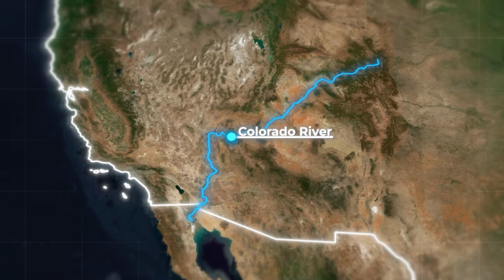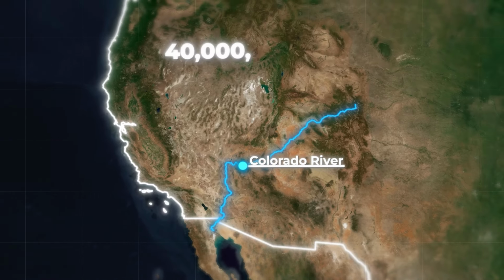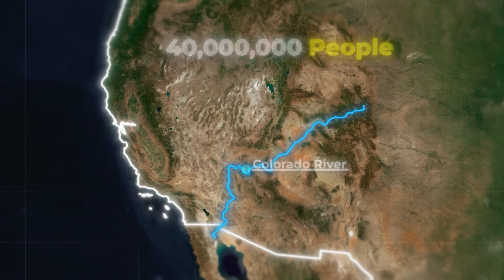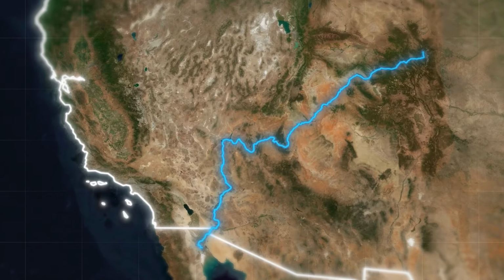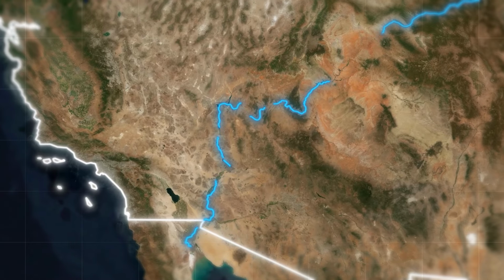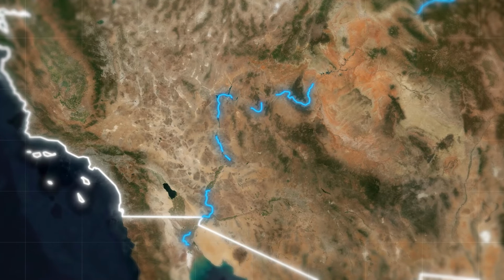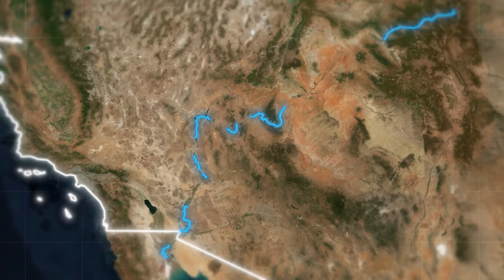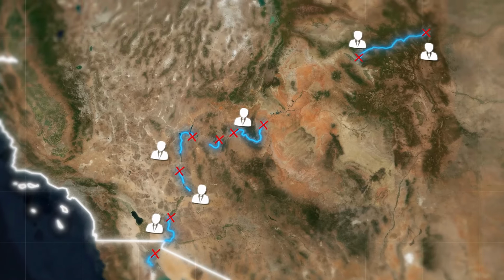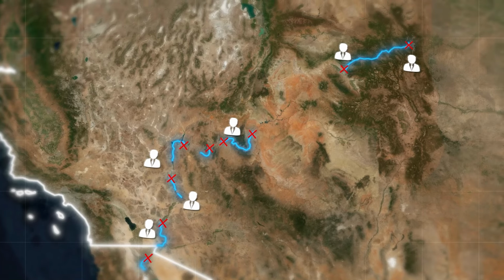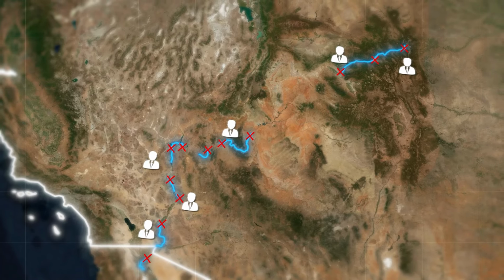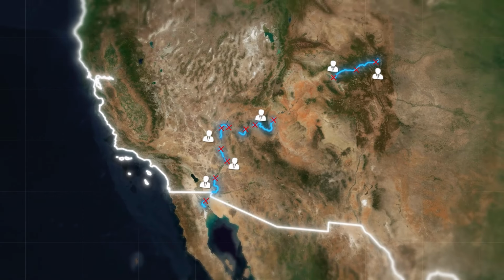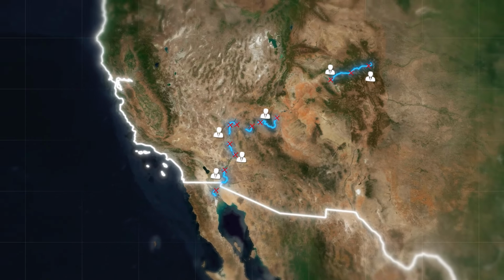The Colorado River provides fresh water to approximately 40 million people throughout the American West, but it has already been so extensively irrigated and extracted that the river no longer reaches its natural delta in the Gulf of California. This marks the first time in American history that the federal government of the United States has cut the water that states are allowed to withdraw from the river, with the potential for additional cuts in the future. Hence, water scarcity will be the defining feature for the 21st century, and it may well get worse still.